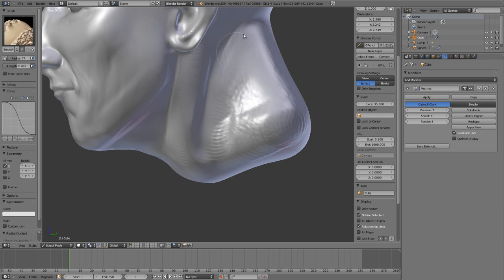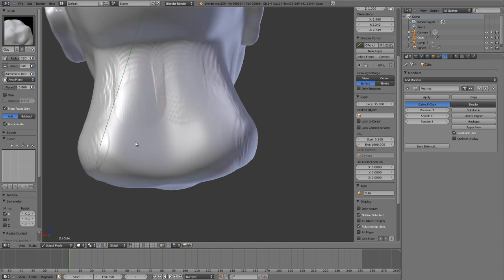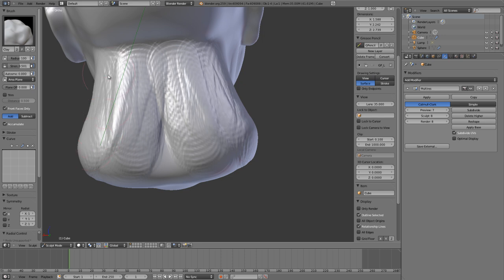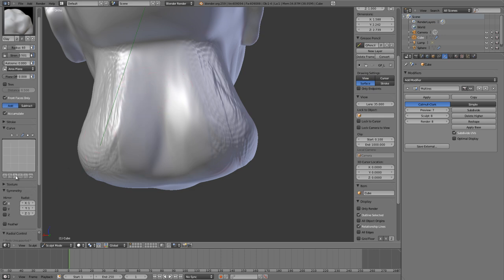Bring this in. Smooth these out. Start to get some slightly better indications of the muscles in there. Same thing right in here. Now is a good time to go ahead and switch back, not to a completely